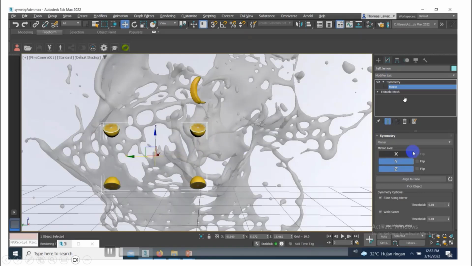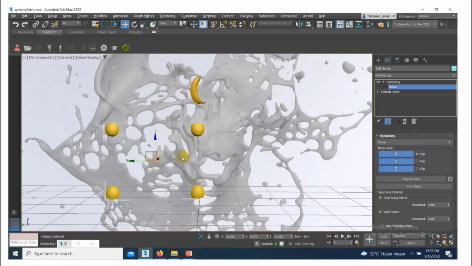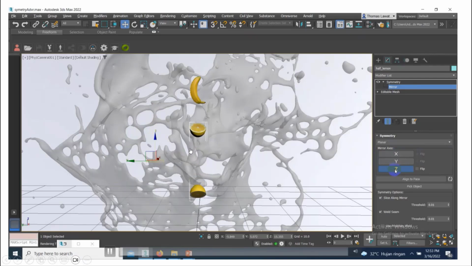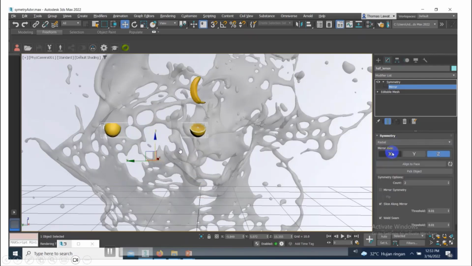Right now the symmetry also has new features inside 3ds Max. They call it mirror axis, so this is easier. Previously they created with the array: you could array by x-axis, y-axis, or z-axis, and put how many degrees you want to rotate your object. Right now they're using only the symmetry. Let's say I want to create something like this. This is easier right now.